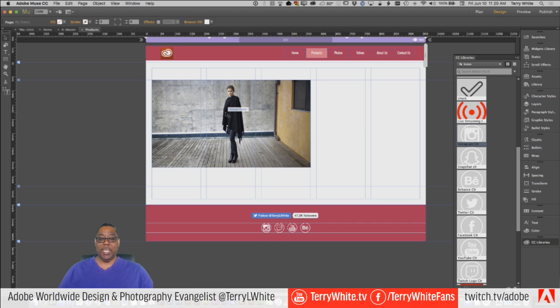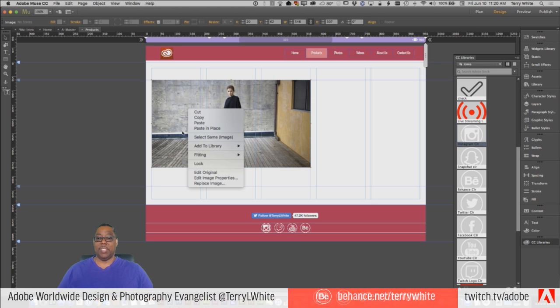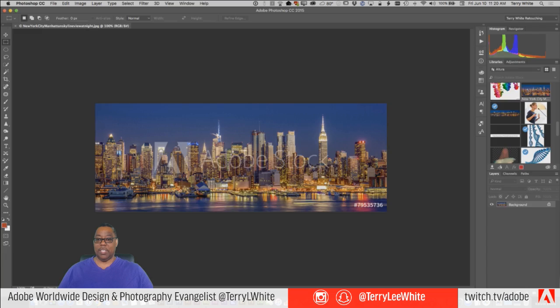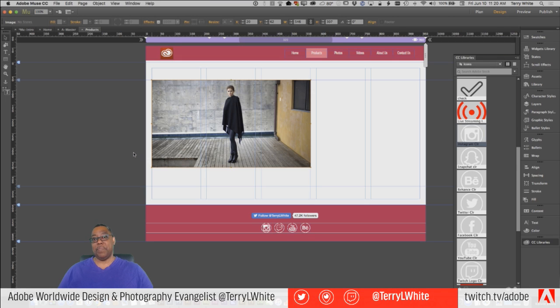One advantage is if it's an image that is constantly changing. What I mean by changing is you're adding things, you're doing things to the image, and every time you want to make a change to it, you just want to change the Photoshop file and not have to render out images every time. So if I do Edit Original right here from Muse with a right click, that will take me over to Photoshop where I can turn layers on and off, save it, close it, come back to Muse, and it will update.